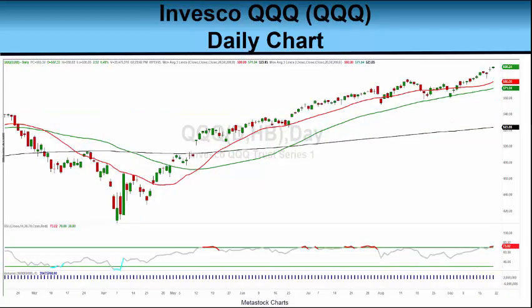Our next chart today is a daily chart of the Invesco QQQ, symbol QQQ. This, of course, is the exchange-traded fund that closely follows our NASDAQ 100 index. It represents the top 100 non-financial stocks in the NASDAQ stock market, and that includes, of course, Meta, Google, Apple, Microsoft, that whole group. Now, when I captured this chart today, the Qs were trading at an all-time high, new all-time high at